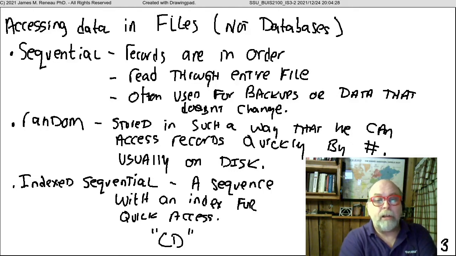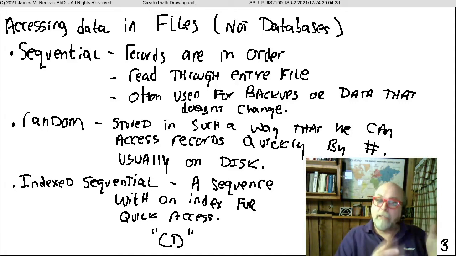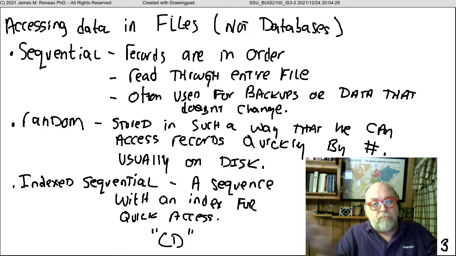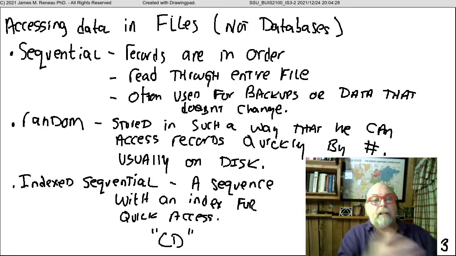And you can really look at the network itself. If you're downloading a file from the internet, the file is coming as a stream that's in sequential order, which means that it's in order. Fields are in order. You read through the entire stream. You just get it. And it's often used for backups or data that doesn't change. So you create a sequential file when you create a zip file, because the zip file writes the data out in sequential order, and the only way to get the data back from the zip file is to unzip the